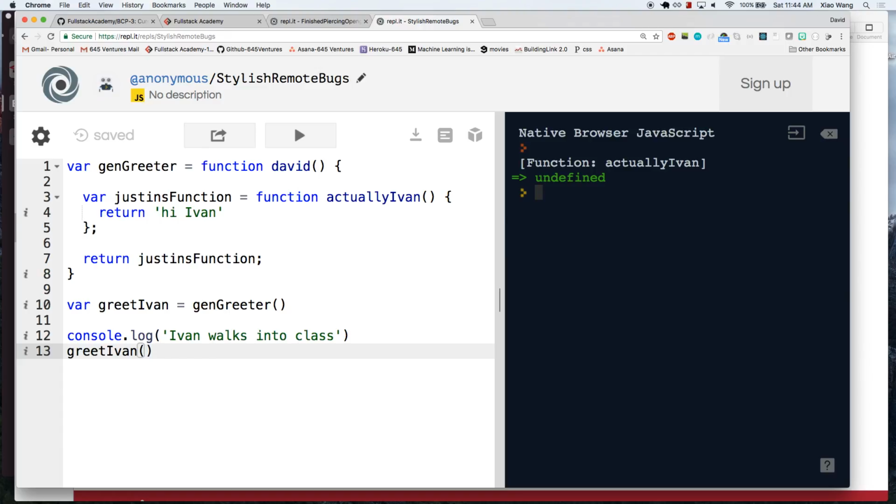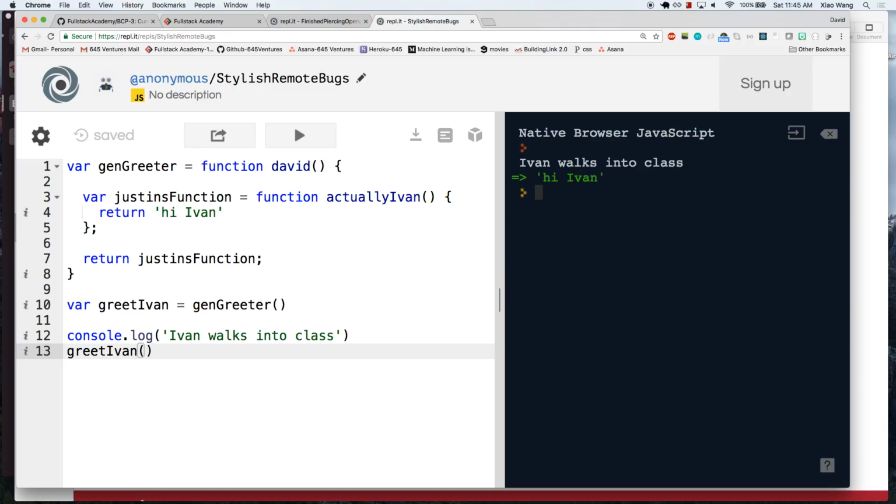So we walk through this illustrative narrative of Ivan walks into class, and then we say, hi Ivan, right? I can queue up this function. I can create this variable and just leave it there. And whenever I'm ready to use it, I'll use it. Right? I don't have to use it right away. And in fact, with most functions you create, you don't want to use it right away. You want to use it when it's appropriate. So now I have a function that says, hey,